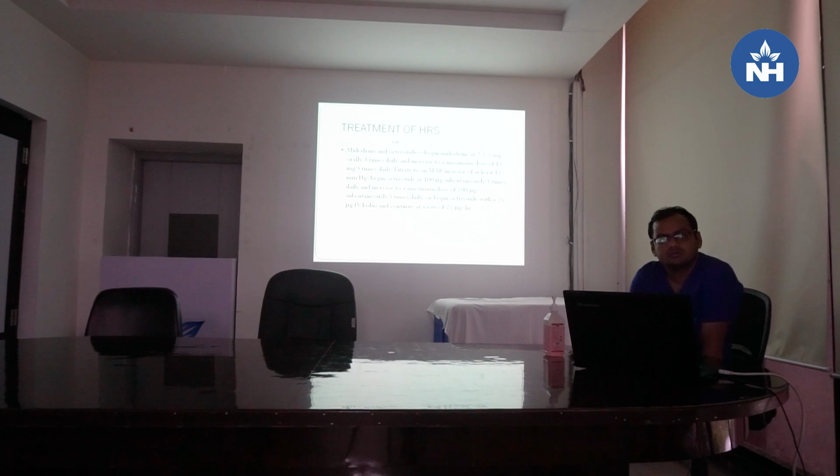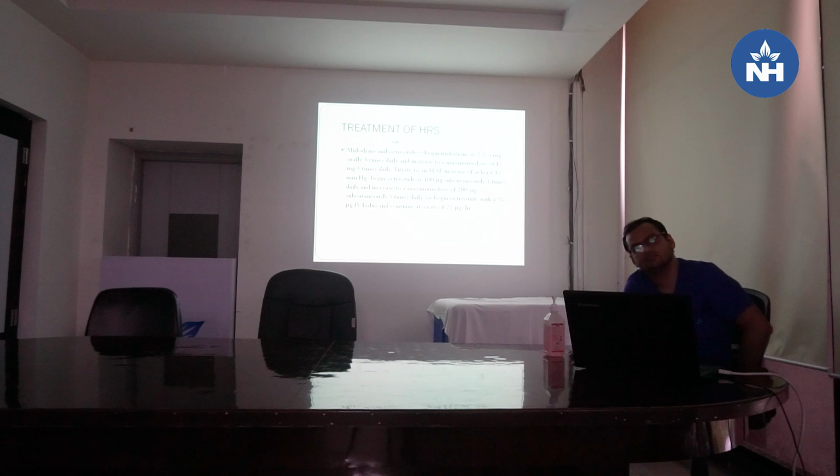People usually come with ascites, or they may not have large ascites, but they are short of breath. You do a chest X-ray or something and see a large effusion on one side. You aspirate the effusion and see whether its biochemical profile matches that of ascites. The protein might be slightly higher. If it matches and you can't find any other cause, you look at the creatinine. If the creatinine is alright, you do a CT, and if there is nothing else, then you diagnose it as a hepatic hydrothorax.